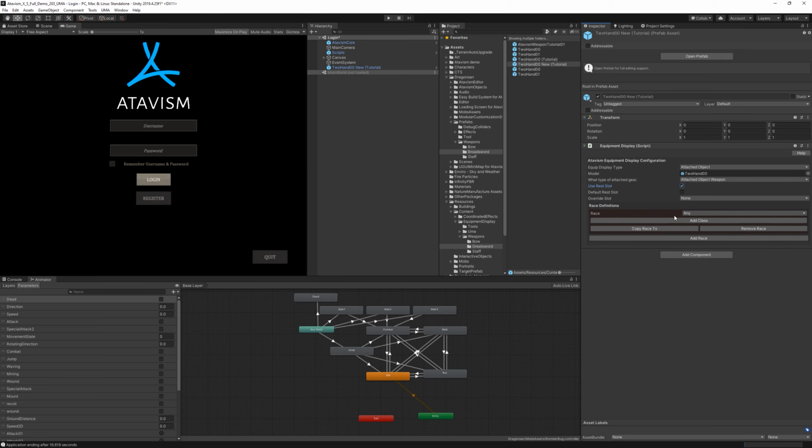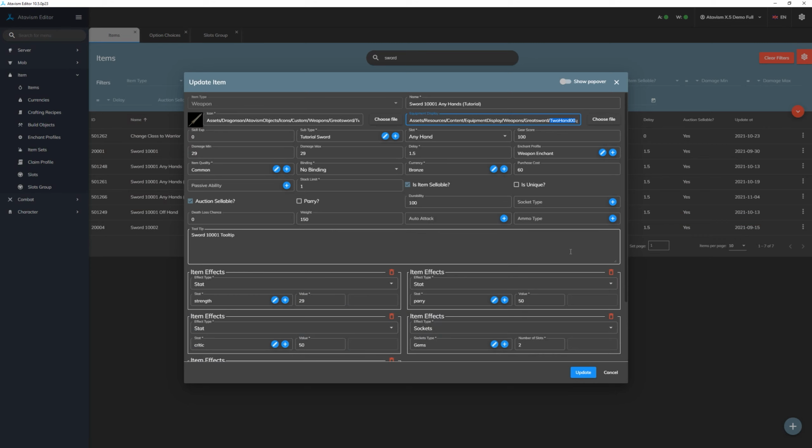So in this case we will add a race. We can define any kind of race that we have defined in the Atavism by default. So it's human and orc, or any. We can add more options here. So if we will switch back to our Atavism editor,